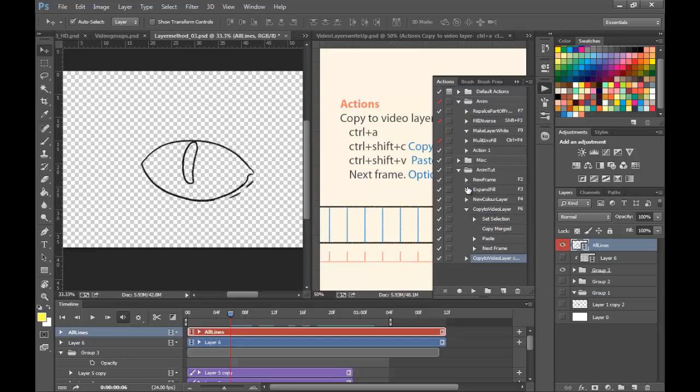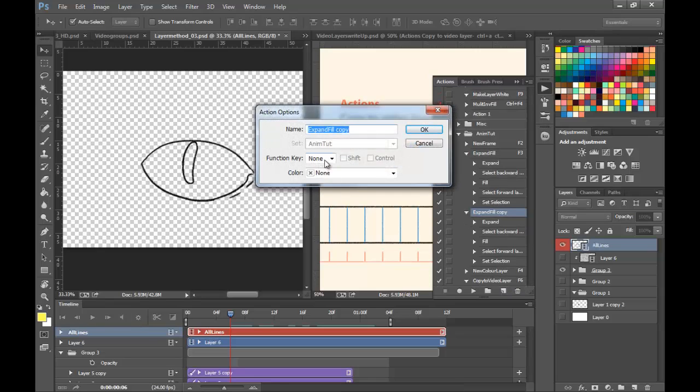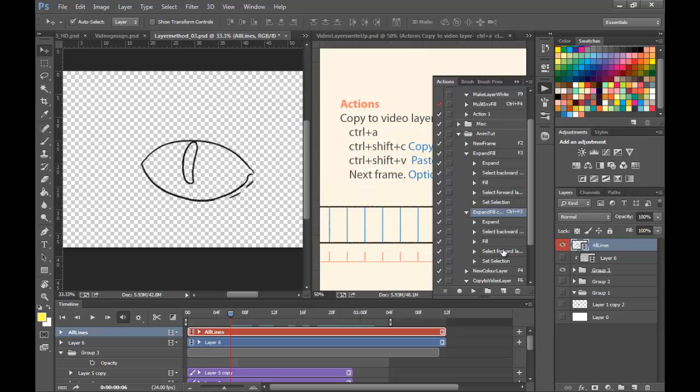Another variation that I use would be expand fill. Sometimes you don't want to have to step back a layer like you do in this one. So you can either untick that one, or you can just duplicate it, and I'll make it Control F3, and that means, so I'll delete these two, the step back and step forward layer. So all it does now is expands it, fills it, and deselects it. So if I select this and I press Control F3, it's going to expand fill without needing to go to different layers,